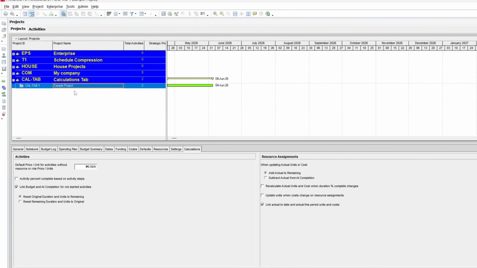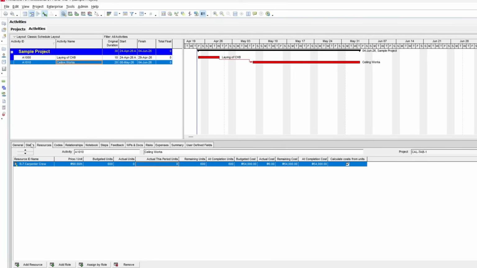Right now, the link is on. So let's start this activity. And if I change the this period to, let's say, 8 hours, the actual units to date changes. And if I update it, for example, to 12, the actual units changes to the same number. Similarly, if I change the actual to date to, let's say, 18 hours, this period will also update. When this setting is on and we update either of these values, Primavera automatically updates the other to keep them consistent. Now, if I turn this setting off,